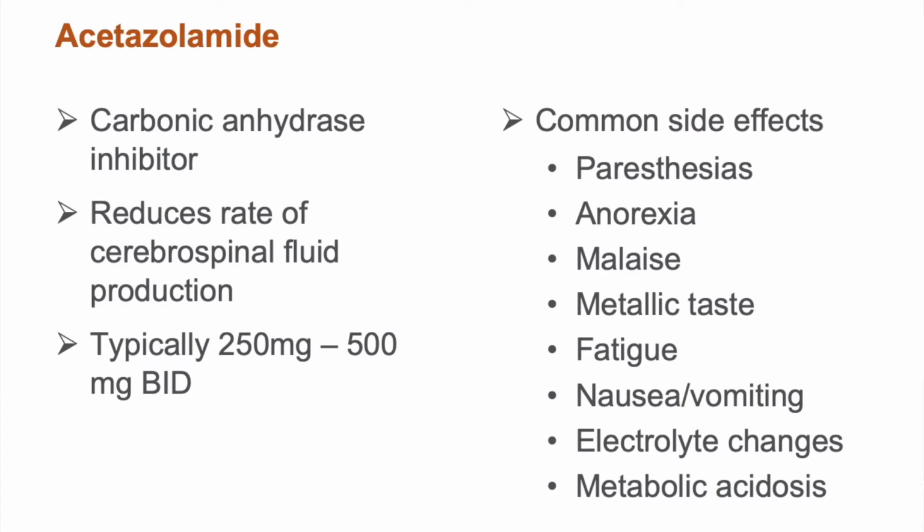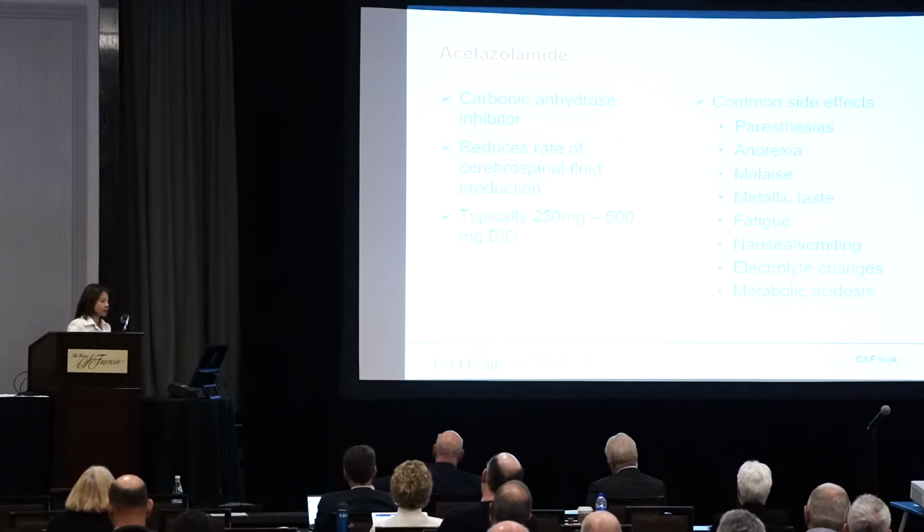It's a carbonic anhydrase inhibitor, and it functions by decreasing the rate at which we make CSF. Typically the dosing that we recommend for our patients would be somewhere between 250 to 500 milligrams BID. The problem is that this drug is not without side effects. Many of the patients that I've put on acetazolamide will complain of feeling very fatigued, paresthesias in their fingers or toes, anorexia, not wanting to eat, and electrolyte changes,